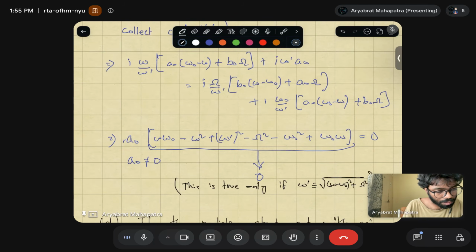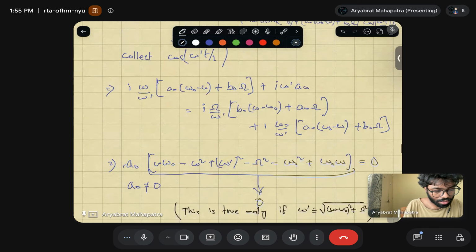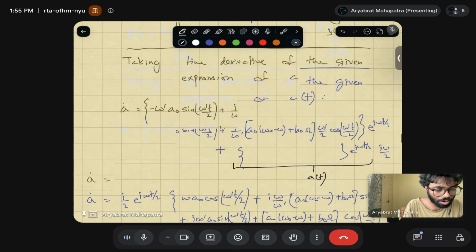So then this proves that this has to be the solution which is given in the problem, a of